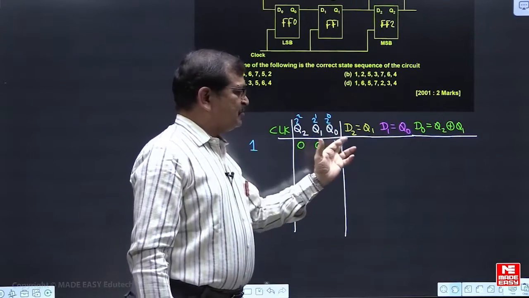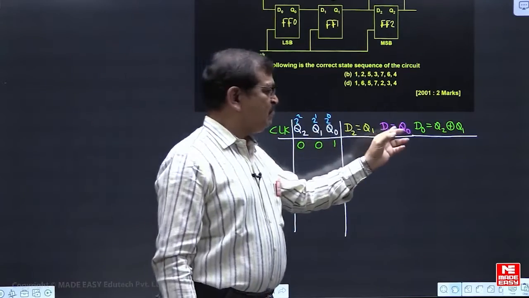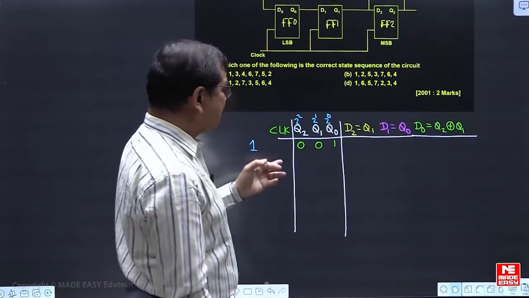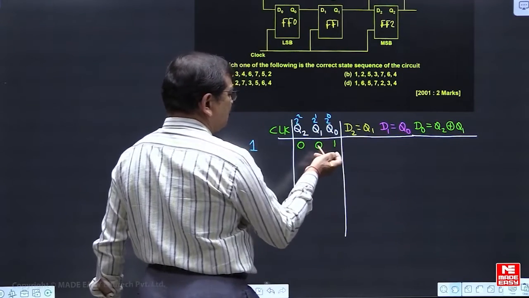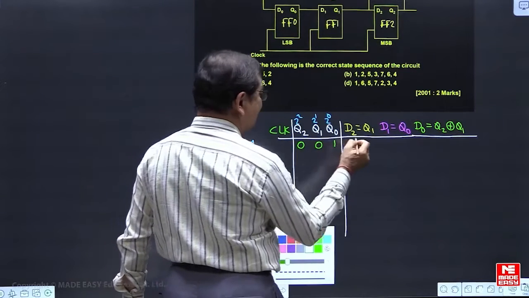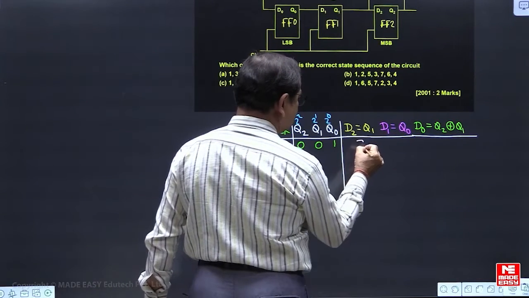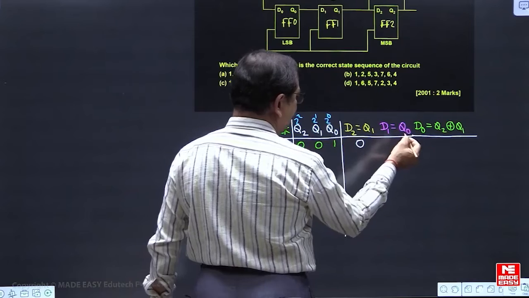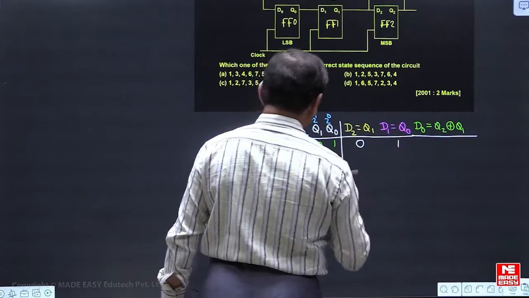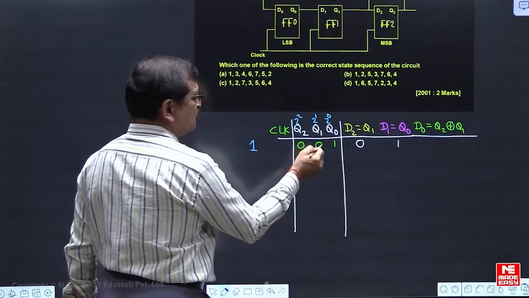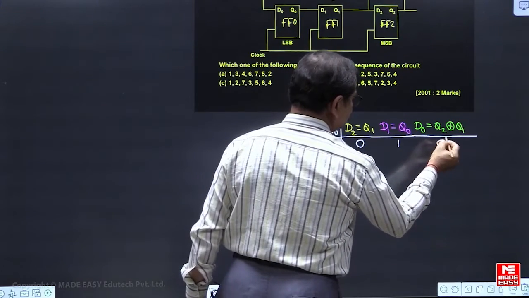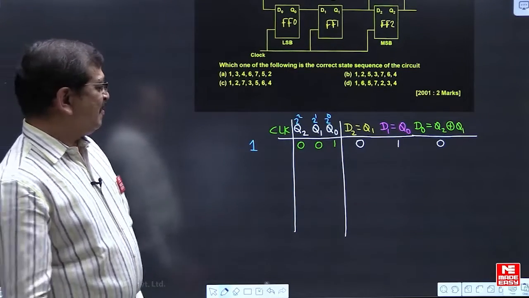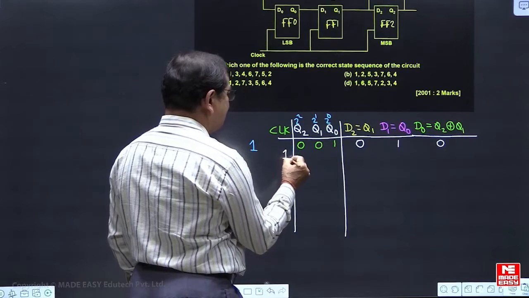So from the given connections, these are the equations for flip flop 2, flip flop 1 and flip flop 0 respectively। Now it is the initial state, it is the given data। इसके हिसाब से देखें तो D2 is Q1, is 0, मतलब एक क्लॉक देने के पहले फ्लिप फ्लॉप 2 का इनपुट is 0 because Q1 is 0। D1 is Q0, क्या है 1 है, तो क्लॉक देने के पहले Q0 is 1 and D0 क्या है, it is the XOR between Q2 and Q1, 0 exclusive OR with 0 is 0, right। तो क्लॉक देने के पहले these are the inputs। Now we are applying the clock।